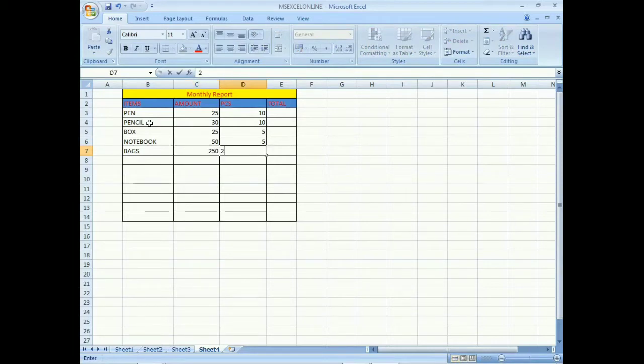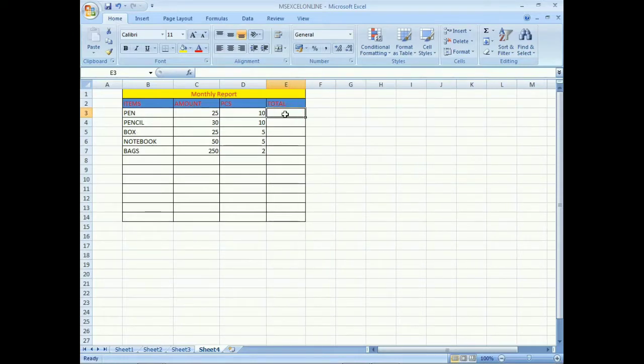And now we are going to use multiplication, because we all know multiplication means multiplying the 2 digits to get the value, right? So now we are going to multiply the values and we'll get the total actual amount of these pens. First of all, we'll use the equal sign, and the amount of the pen is 25.